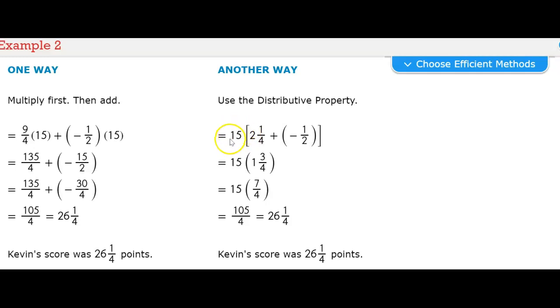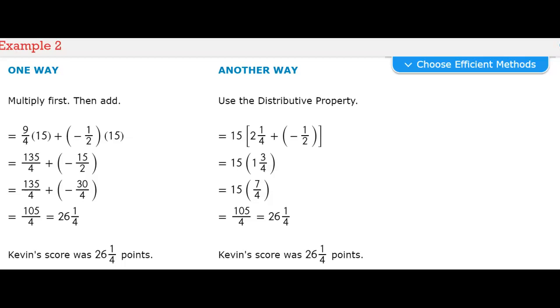But the 15 on the outside, with distributive property, the number on the outside has to be multiplied by everything on the inside. So what that means is that for distributive property, you're doing 15 times that first number on the inside of the grouping, and then 15 times the second number inside that grouping. So 15 times 2 1/4, and then you have 15 times the negative 1/2. So